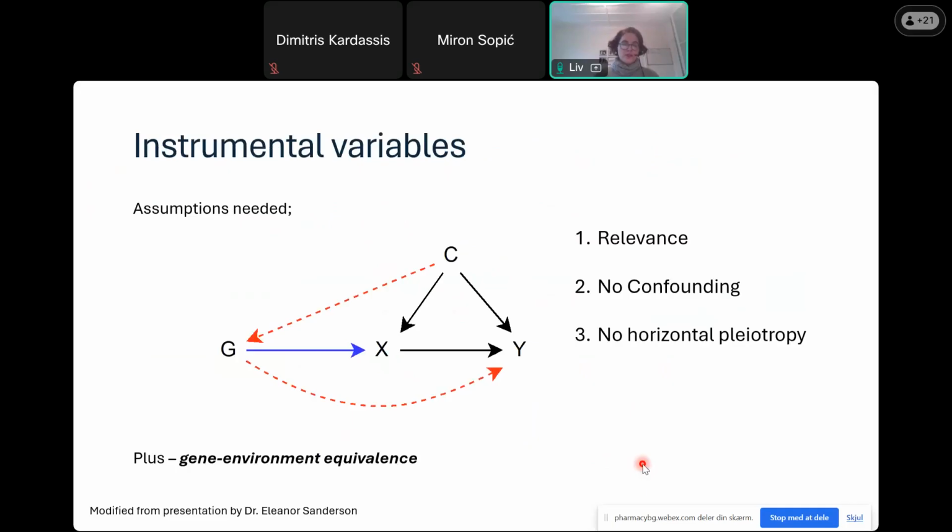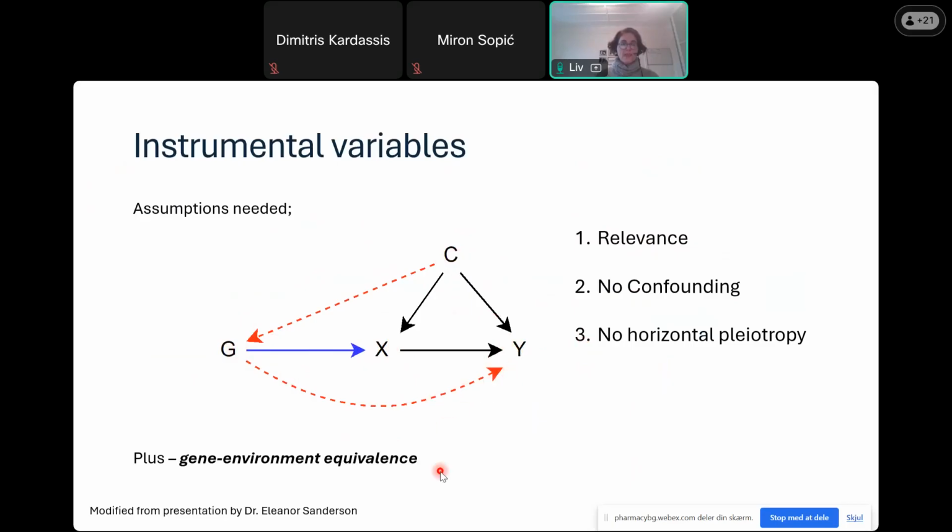And when you use instrumental variables, there are some assumptions that need to be met. These assumptions are, 1, the relevance assumption, and this states that your genetic instrument has to be associated with your exposure of interest. The second one is that there should be no confounding. So you can't have any confounders that affect both your genetic instrument and also affect your outcome of interest. And then the third assumption is that you have no horizontal pleiotropy. So your genetic instrument can only affect the outcome via the exposure and not through another pathway like what is